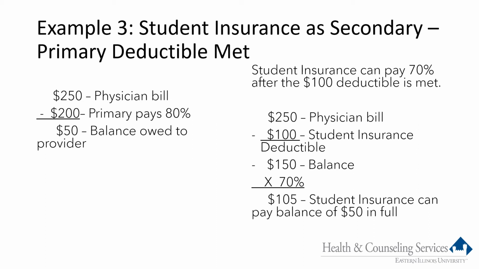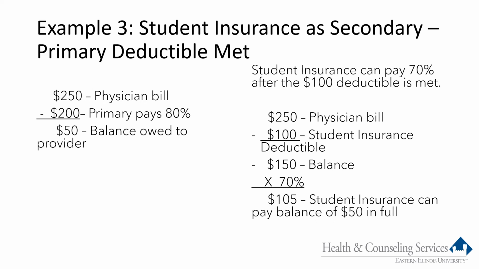Here I've outlined how student insurance would pay the $50 balance if the primary deductible had been met. You see the $250 physician bill. The primary paid 80%, or $200, leaving a $50 balance. Using the same math we've used previously, we start with the billed amount of $250, subtract the student insurance deductible if it's not been met. This would leave $150, of which student insurance could pay 70%. The benefit would be $105, which is more than the $50 owed to the provider, so student insurance would pay